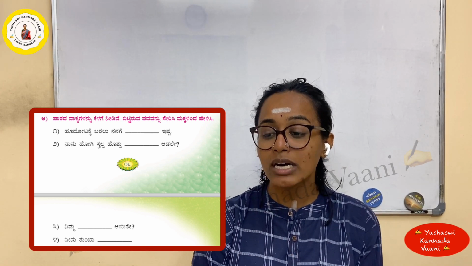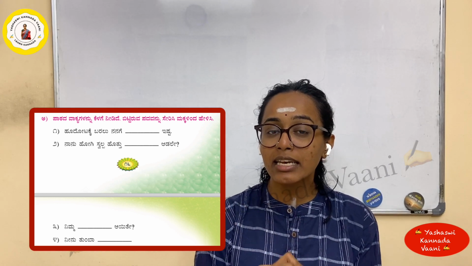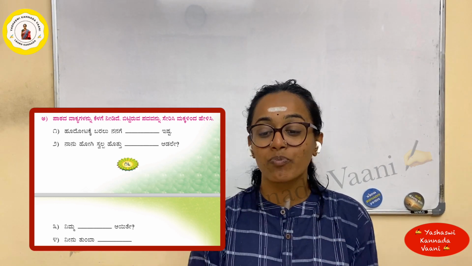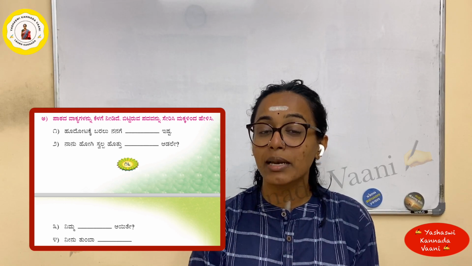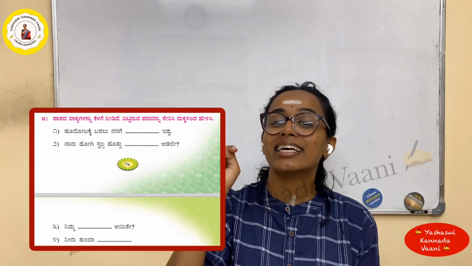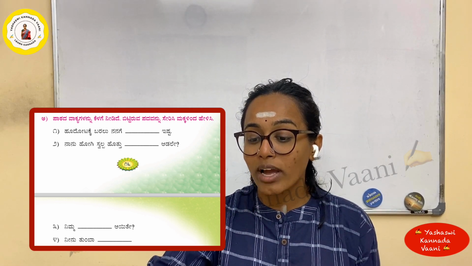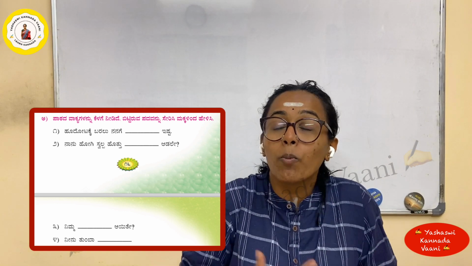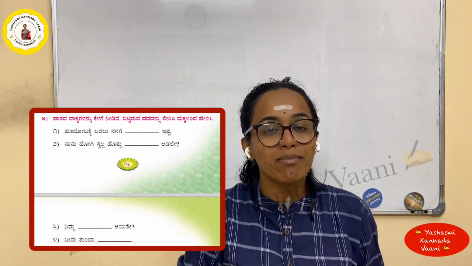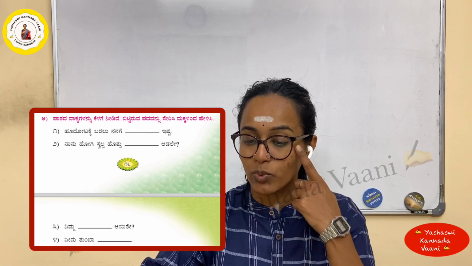ಹೂದೋಟಕ್ಕೆ ಬರಲು ನನಗೆ dash ಇಷ್ಟ. To come to the flower garden, I dash. ಹೂದೋಟಕ್ಕೆ, to the flower garden, ಬರಲು, to come, ನನಗೆ, for me, blank ಇಷ್ಟ. ಇಷ್ಟ is like. So in the answer you have to write ತುಂಬ ಇಷ್ಟ. I like very much. ತುಂಬ. Okay, understood? We'll come to the next one.